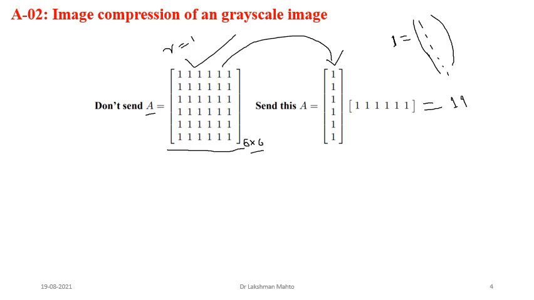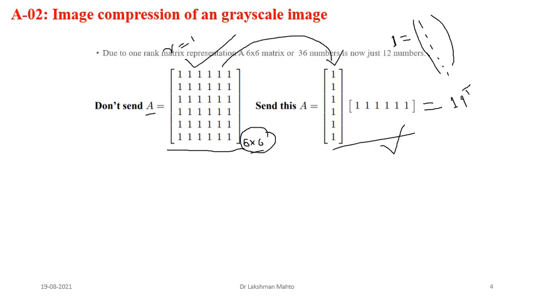Then how many entries are there in this one vector? Only 6 entries. That means in place of 36 entries, you just need to remember 6 entries. So here computation is very fast. Definitely computation would be very fast here, and memory also, it will take much less memory in place of the matrix approach. So that is the representation of rank one, a small representation. We can simply say that it is a rank one representation. SVD also provides a rank one representation.